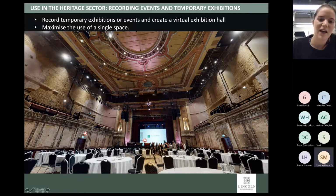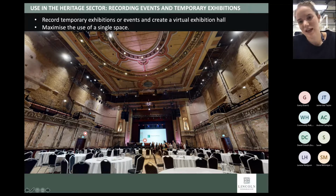And then once that exhibition, or the way that it has been set up, gets taken down and disappears, you still have a record of that. One, it's really great to have a record of it. Two, you can still gain revenue from it, even though it's been taken down. So, for instance, you could put the scan of it behind a paywall, and then you could still charge visitor entrance at a reduced fee to continue to see the digital version of an exhibition, potentially years after it was